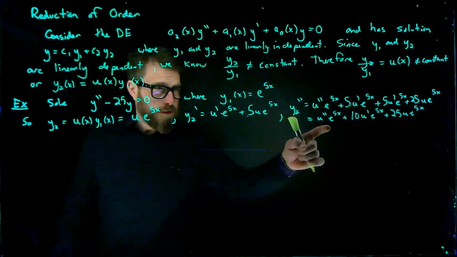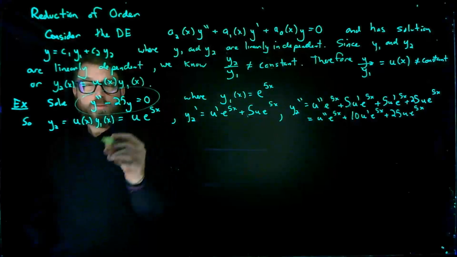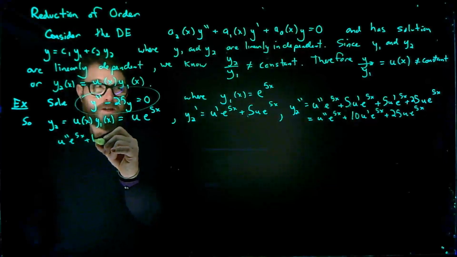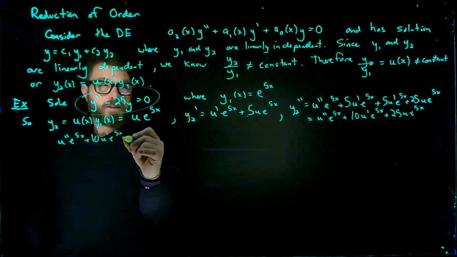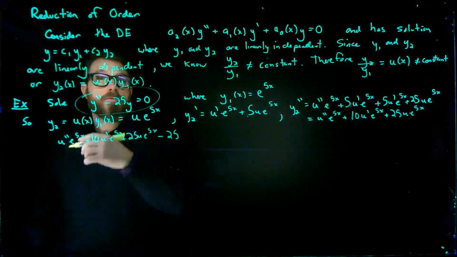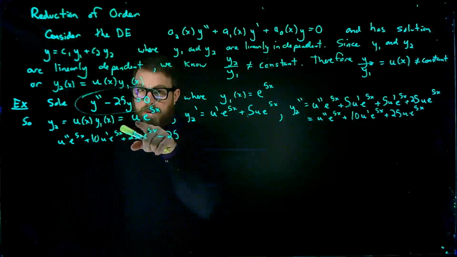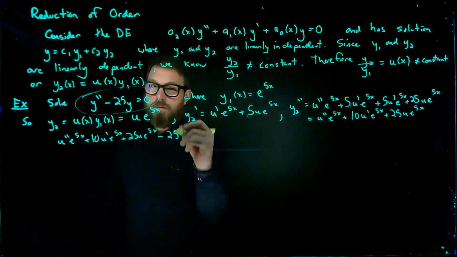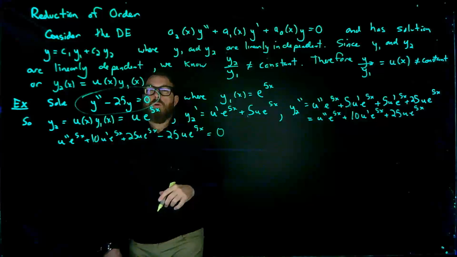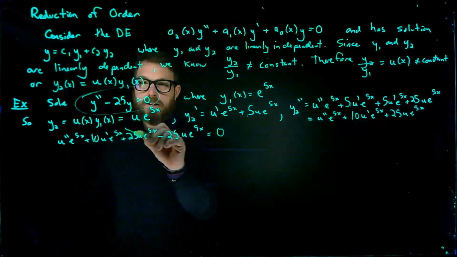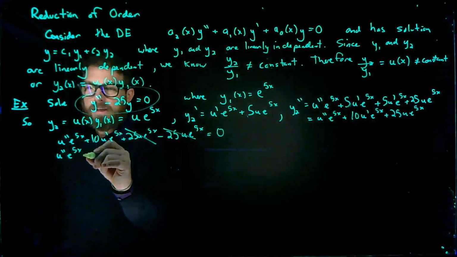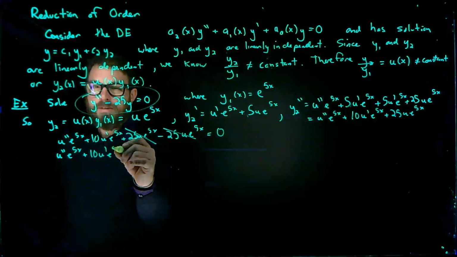So y double prime is equal to this thing. So, plugging it back into this differential equation, we have u double prime e to the 5x plus 10 u prime e to the 5x plus 25 u e to the 5x minus 25 times the solution, which is right here, 25 u e to the 5x, better be equal to 0. Now, what's nice here is this thing will simplify. You can see that those will go away. So I have u double prime e to the 5x plus 10 u prime e to the 5x